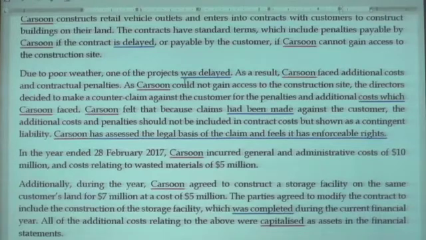Carsoon has assessed the legal basis of the claim and feels it has an enforceable right, because there is a clause: if you do not get access, you can claim it from the customer. Clear? Therefore, the company feels they can take that penalty, but they didn't mention whether the customer has approved it yet.